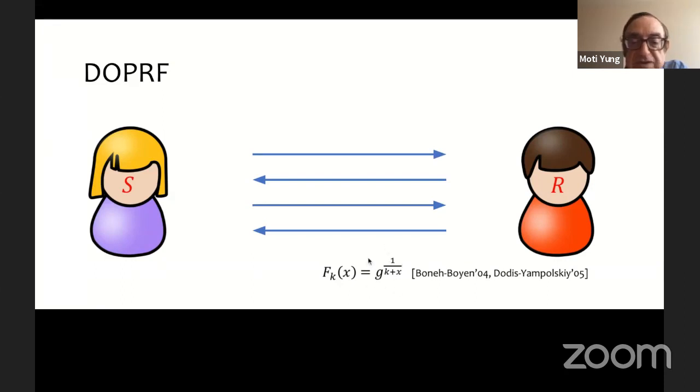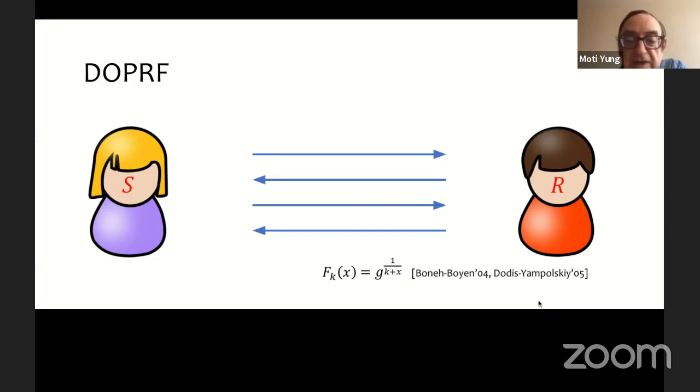This is proven secure under the inverse Diffie-Hellman assumption, and it was used by Dodis and Yampolskiy to have a threshold PRF. We had to modify it a little bit for the security proof, but that is beyond the scope. You can see it in the paper.